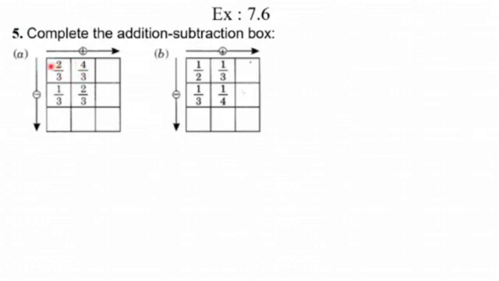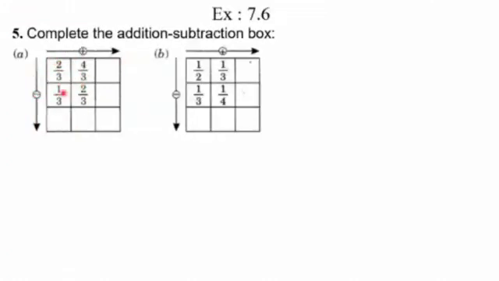And while going row wise, you have to add the like fractions. 2 upon 3 plus 4 upon 3, and whatever answer we get, we are going to write in this empty box. All the rows we have to go for addition. Now this arrow tells that while we are solving the fractions column wise, there should be subtraction done.